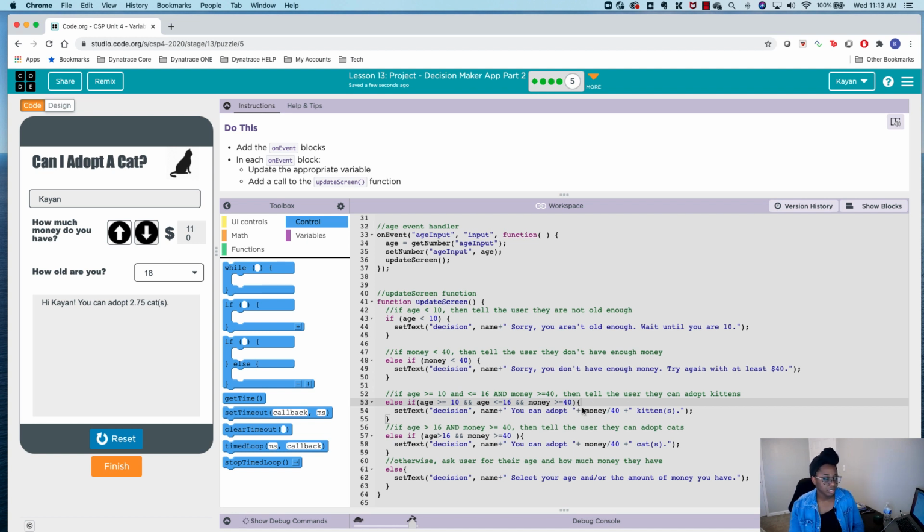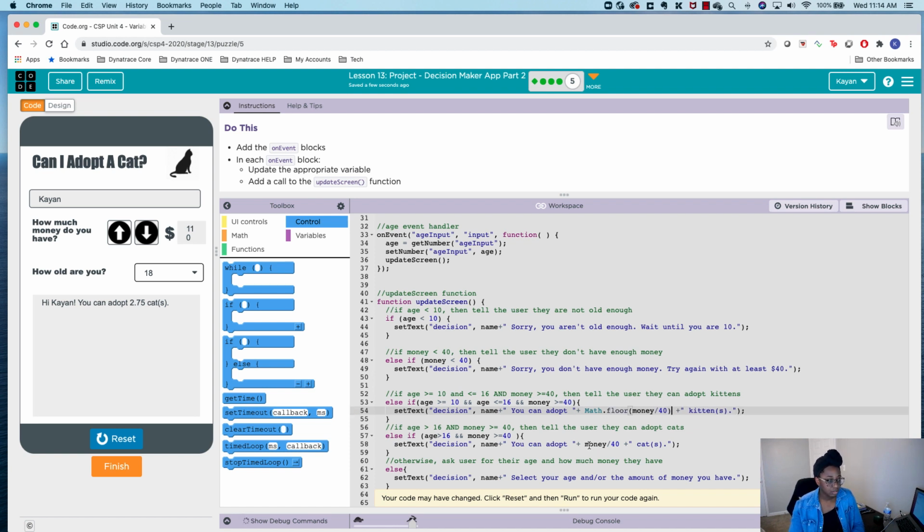So we're going to change this to use math.floor. Now math.floor is a function that's going to round down to the nearest whole number. So instead of 2.75, math.floor is going to change it to 2. Instead of 3.25, math.floor is going to change it to 3. So we can use math.floor,